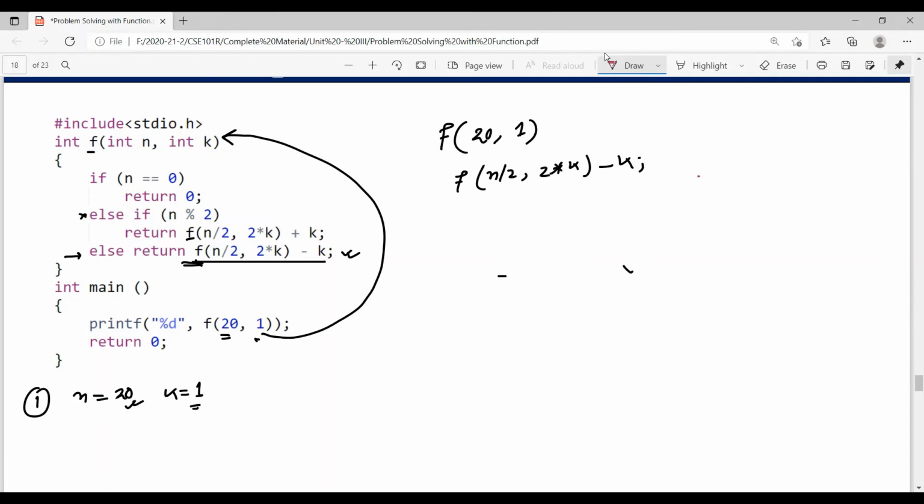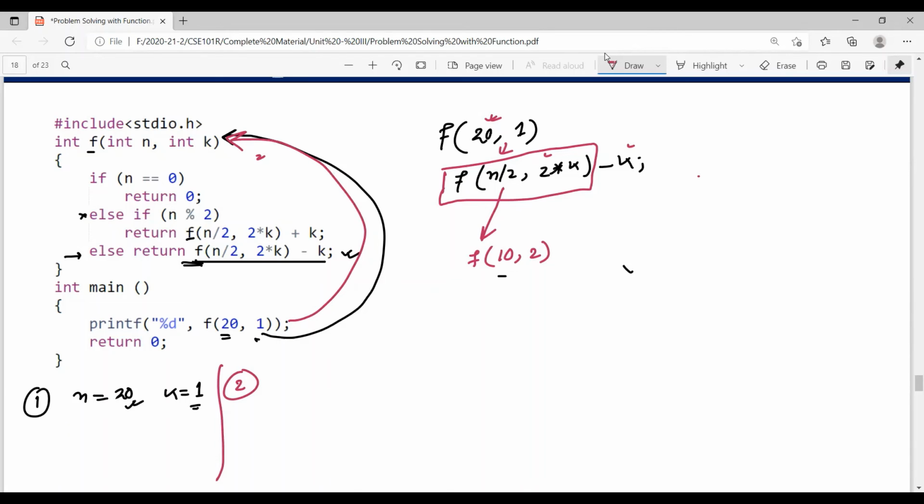So next, what is the value of n? Earlier it is 20. So it generates the function call here. There are 2 arguments, correct? This is the argument for the subtraction. Function call is higher in precedence, so it generates another function call. n by 2, so n becomes 10. 2 into k, k is 1, so it becomes 2. Another function call, right? So this part is executed. Now minus k is left. We'll see later. So now it is generating another function call, the second function call.